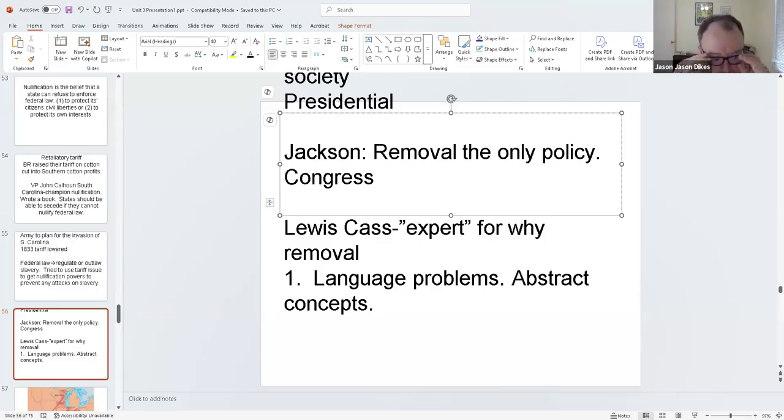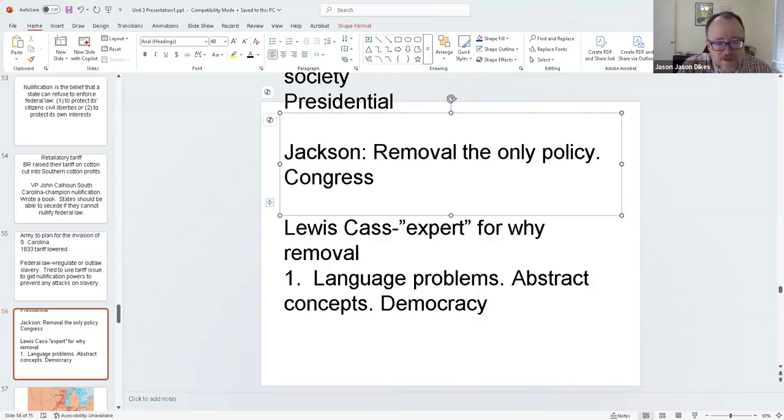We, and when I say we, I mean you watching the video, me, we can all agree on what a dog is, right? If we were to sit down and come up with a definition for the word dog, we would pretty much all come to an agreement. If we came up with a definition for the word tree, we would all pretty much come up with the same definition. But if we were to sit down and try to come up with a definition for the word democracy, we might start finding some differences.